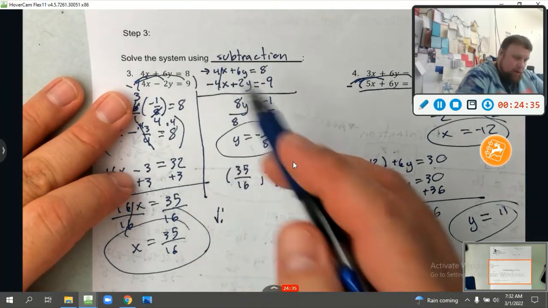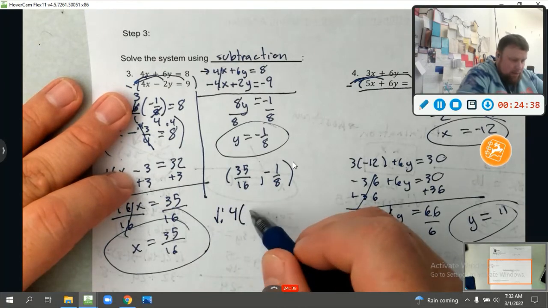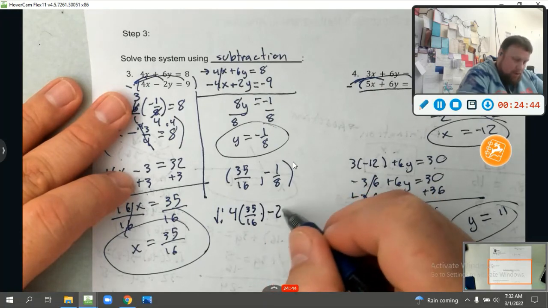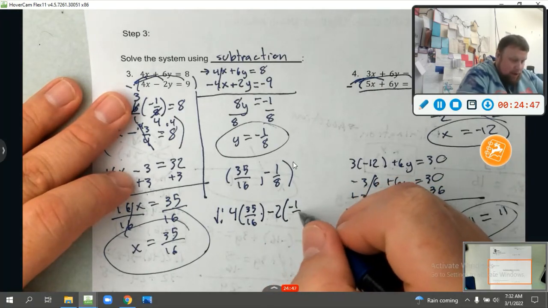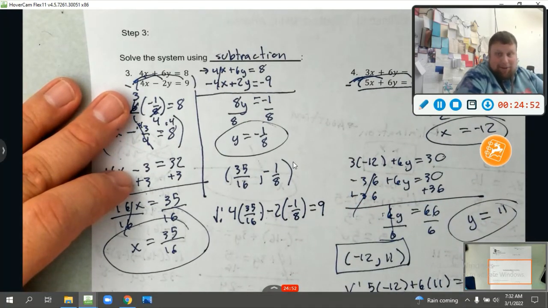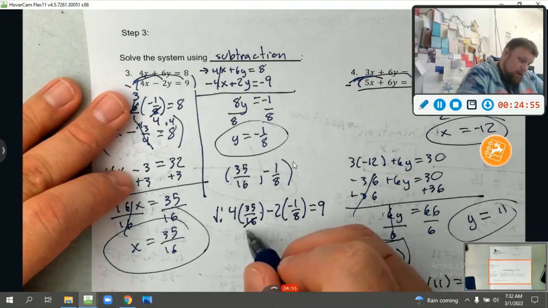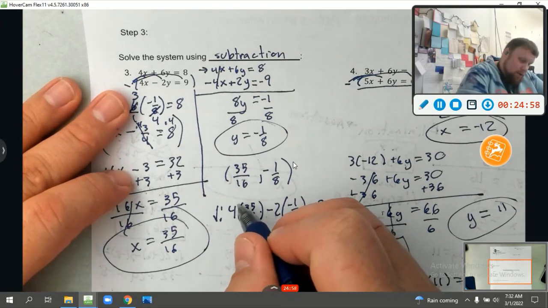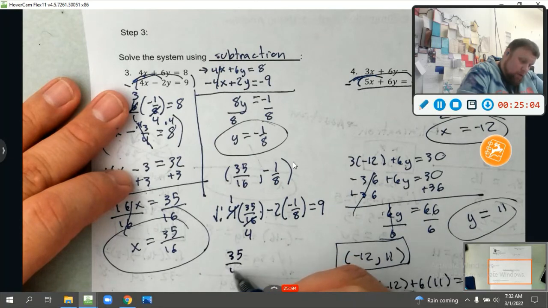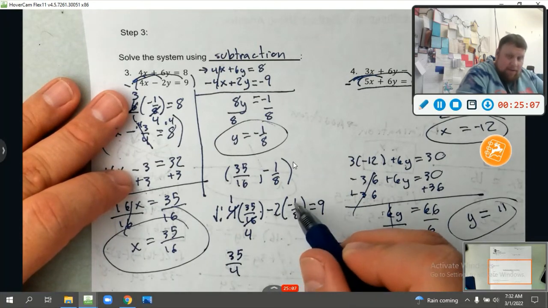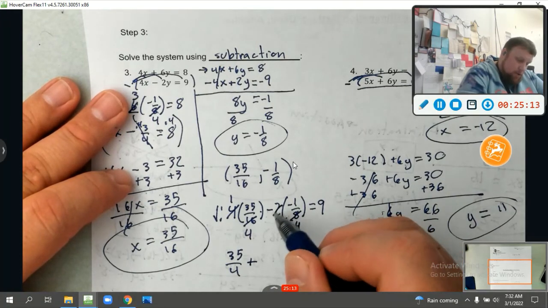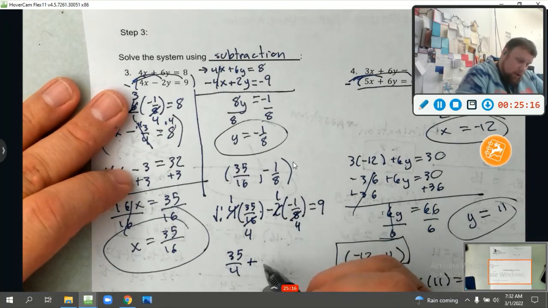Again, the 4x minus 2y equals 9. So I'm going to have 4 times my x, which is 35 over 16, minus 2 times my y, which is negative 1/8. And it tells me this should equal 9. Let's see if that's going to work. So I'm going to cancel out. That goes to 4. 4 goes into 16 4 times, goes into 4 once. And I'm left with 35 over 4. And then I have a negative times a negative, so that's going to get me a positive. And 2 goes into 8 4 times, goes into 2 once. So 1 times 1, I'm just left with 1/4